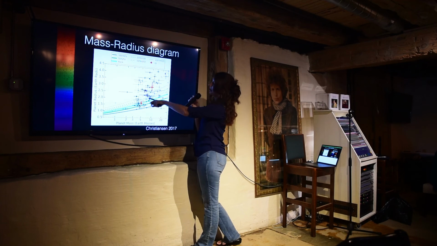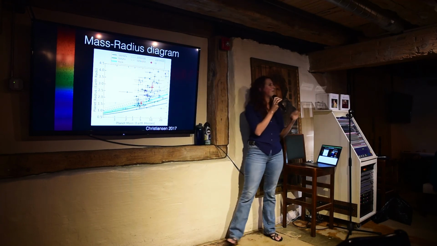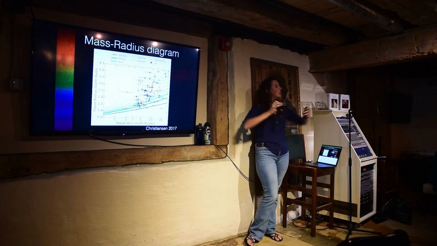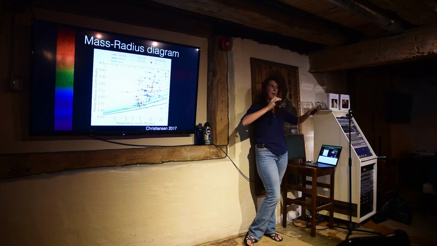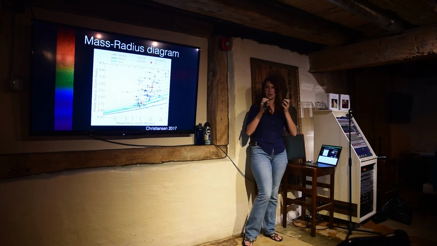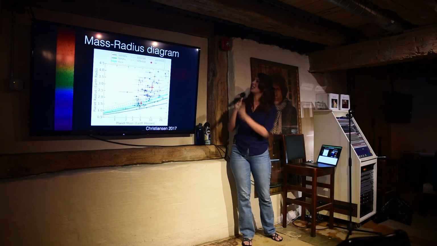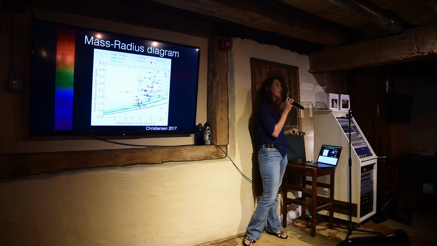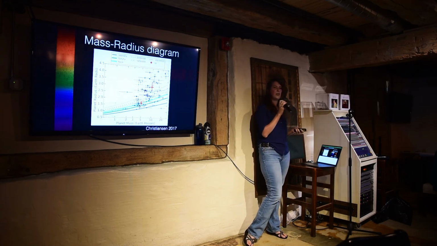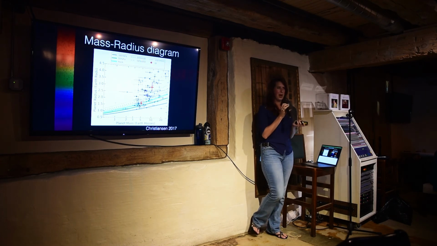bands up here. Anything above that are planets with big fluffy atmospheres that make up a large part of their volume, of their radius, but not necessarily much of their density or the mass component. And so this is the kind of science that we're really excited about going forward, to look at these planets and try to figure out what they're made out of and how they might have come to be around